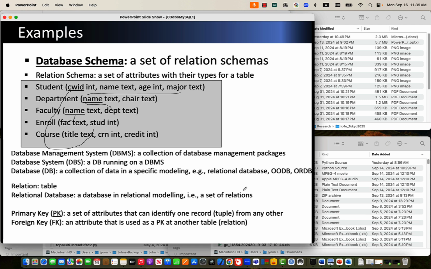So this is an example. Database schema is nothing but a set of relation schemas. Relation schema is nothing but a set of attributes with their types as well, if we want. So student table: CWID is an attribute name, followed by type. We can say CWID integer, and name is text. Text is not a formal type